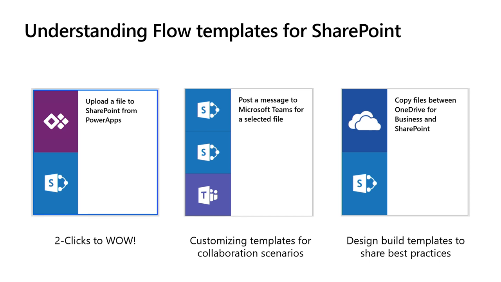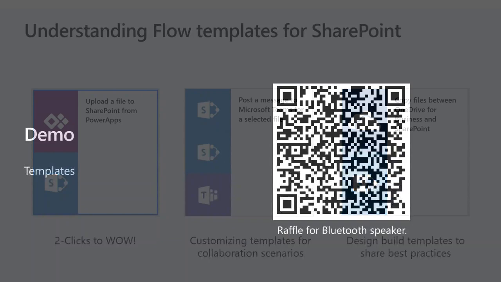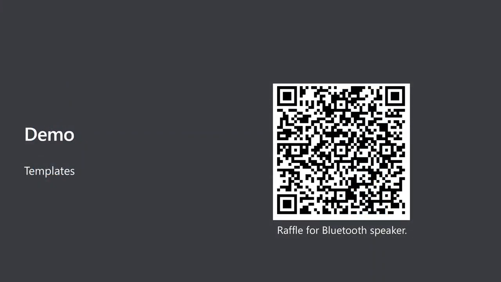Being able to, for example, if I'm inside of Power Apps, automatically upload a file to SharePoint, or being able to pick something about a file and being able to post messages. Inside SharePoint, as we'll see, we're increasingly taking a reliance on Flow to automate some of the most common scenarios, like sending reminders or being able to generate documents. So these templates are out there. You can get started with them in a matter of maybe 1 to 2 minutes, and we'll take a look at those when we get to demo here right now.